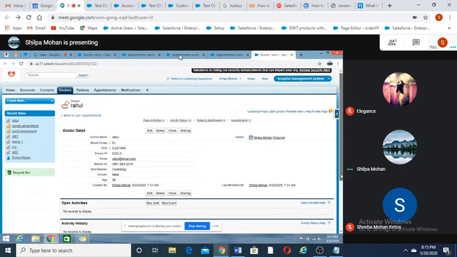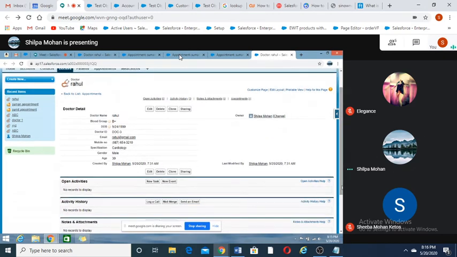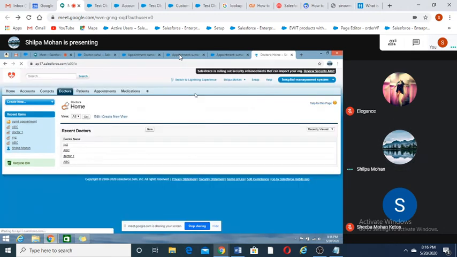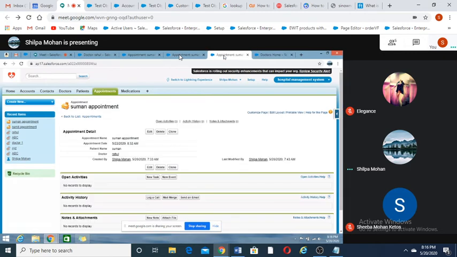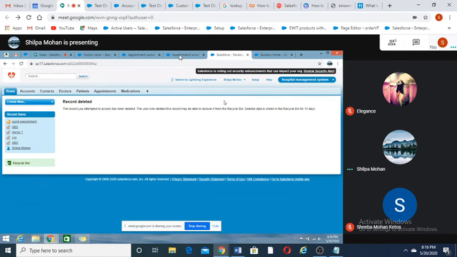Now delete doctor. The doctor is the parent. Now delete the parent. Now come to Suman's appointment. Refresh it. Its record is deleted. So what do you understand by this?